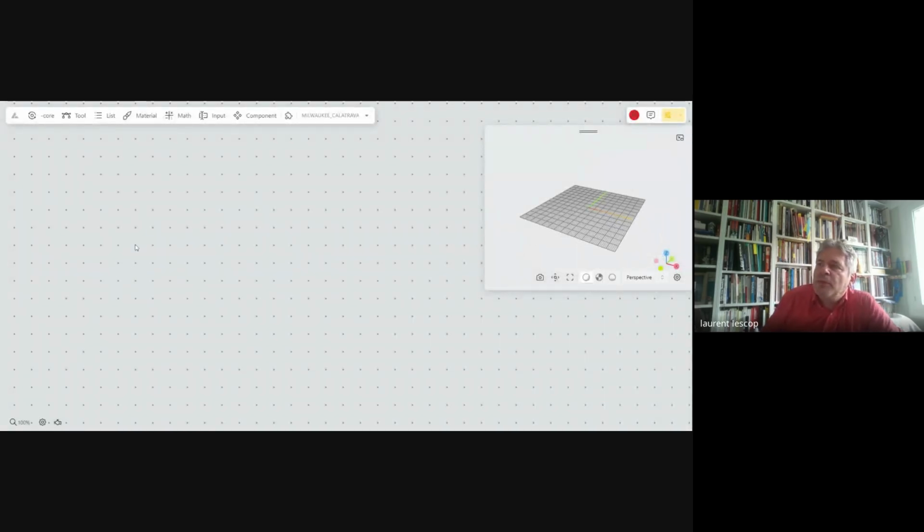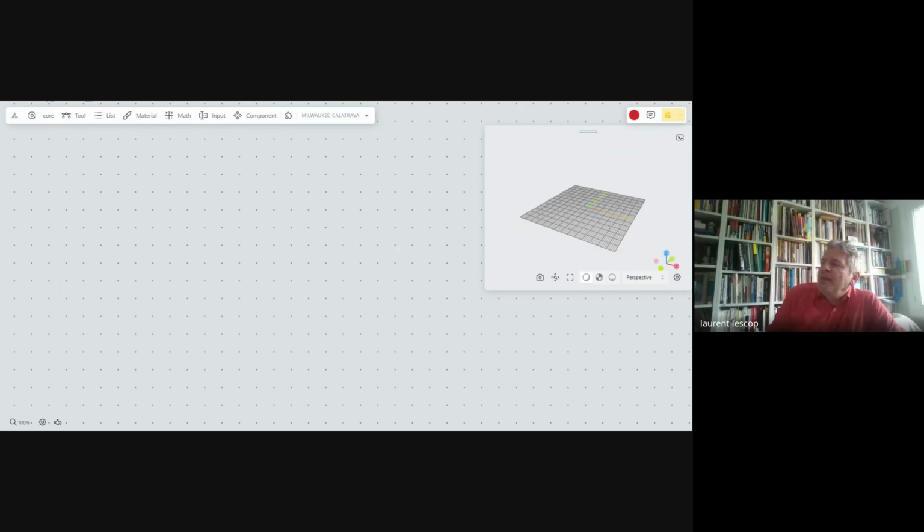Sometimes it can be a bit slow to load the page. What I've noticed is that when you refresh the page, it reloads more quickly. So whenever you see that it's a bit slow, depending on your connection, you can refresh the page.